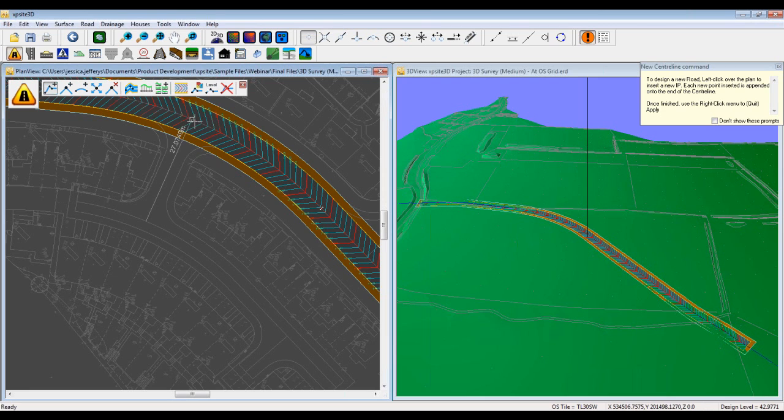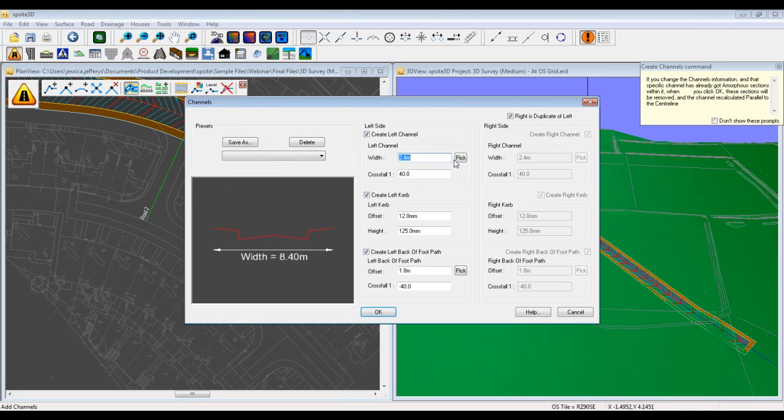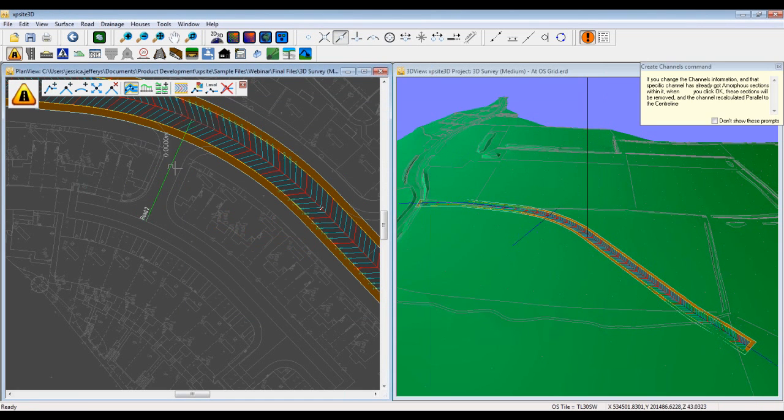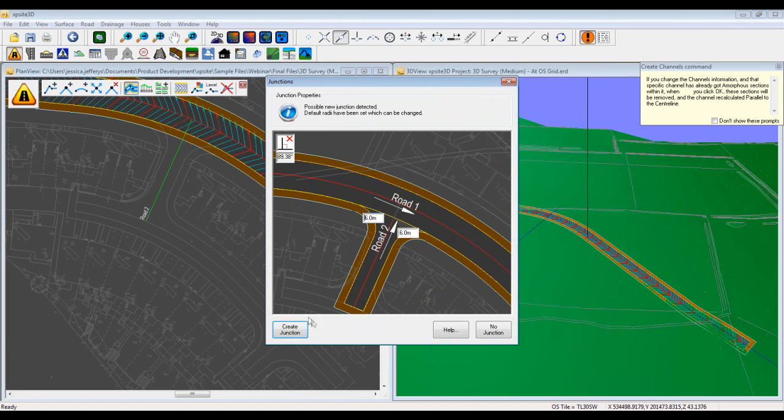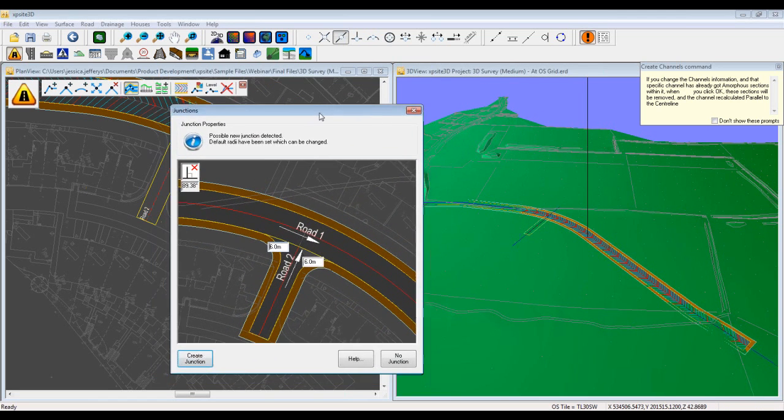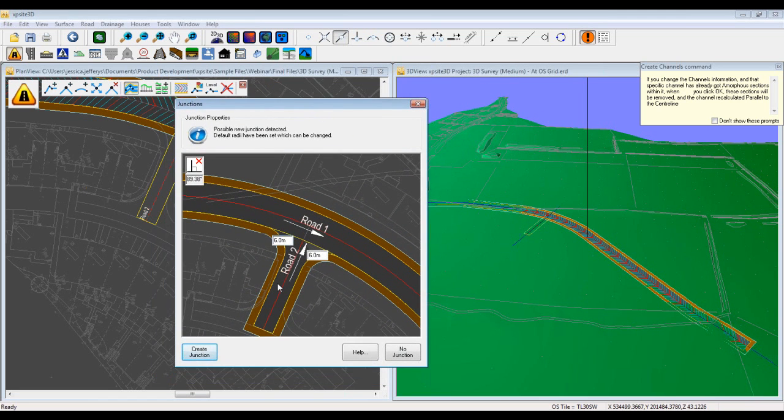Pick the right one there, and we can just connect in that second road. In the same way, we can add the channels just by picking them off the road, and automatically XPSITE3D detects that we need a junction, so we don't need to design that separately. And it happens to have picked the correct values for our junction radii, but if we wanted to play around